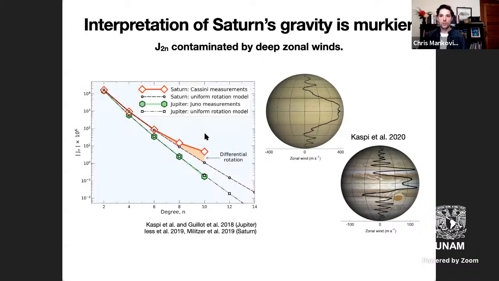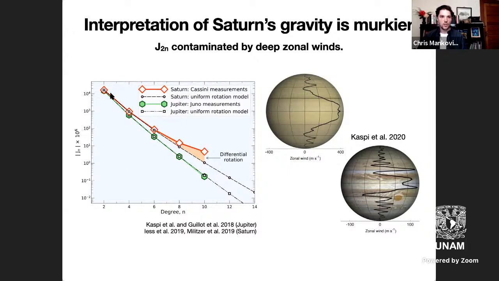One of the huge results from the Juno mission at Jupiter, and then also from the grand finale of the Cassini mission at Saturn, was that the zonal wind patterns that you can see on the surface of the planet, plotted here in these diagrams, actually extend quite deep into these planets' interiors, which was not at all clear before these spacecraft started delivering these data.